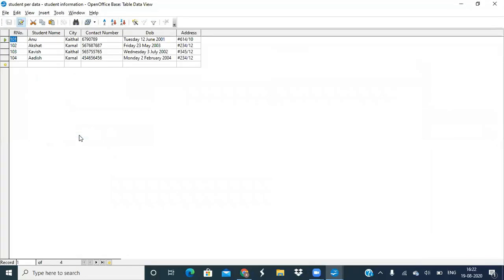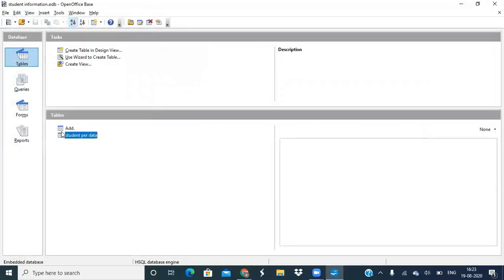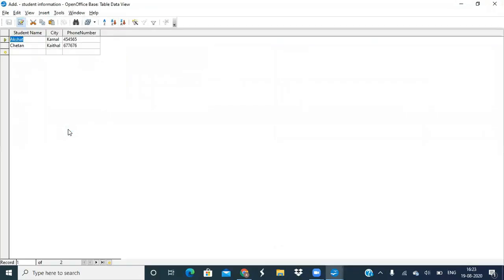But if you want to enter, you can see the two tables here. You can see the primary key concept here. If I want to enter another record with the same name, Chetan, and the city is Karnal, one from Ethel, one from Karnal, but what will happen?